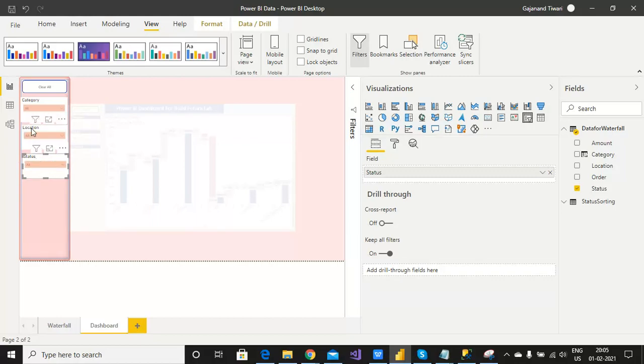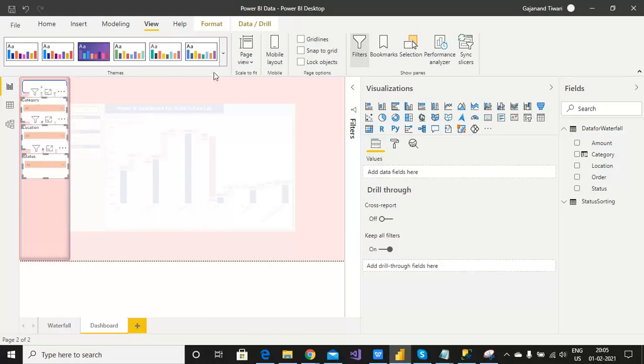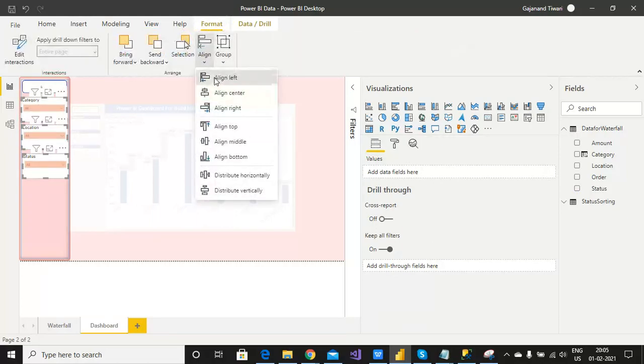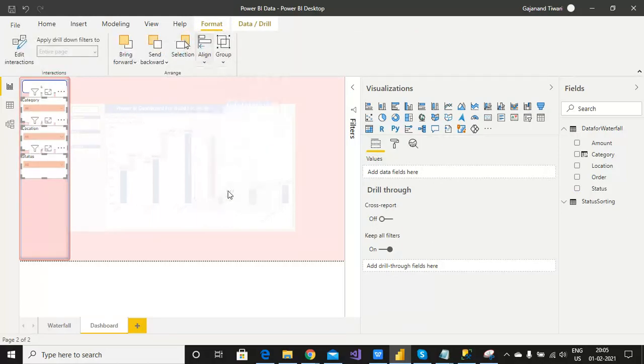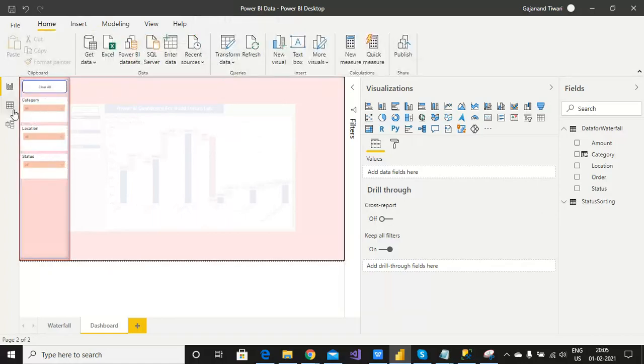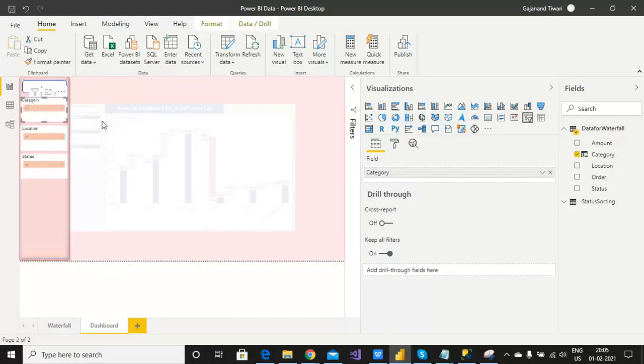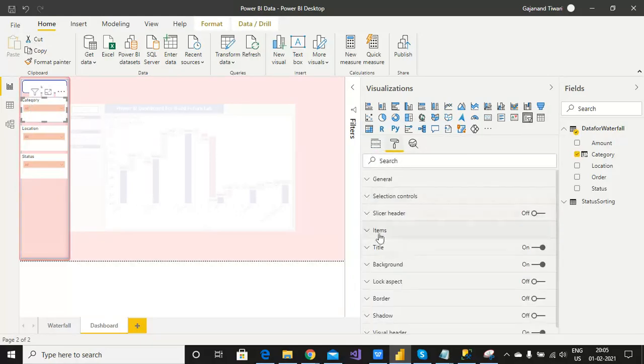Now I'm going to adjust the slicer. So for this, select all the slicers which you have, then go to alignment, left and distribute vertically, so that the size and the amount of width are adjusted automatically. Now we have selected the item.